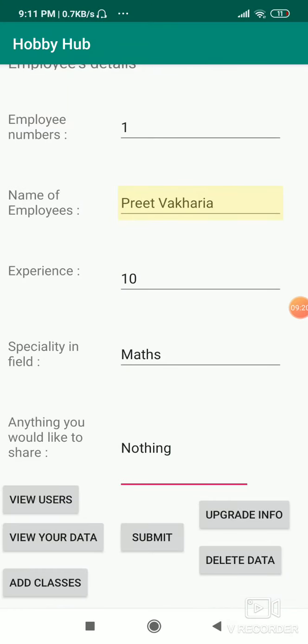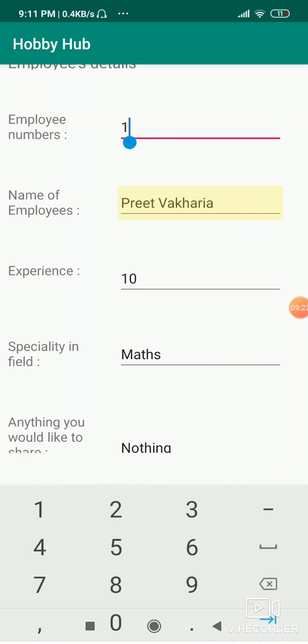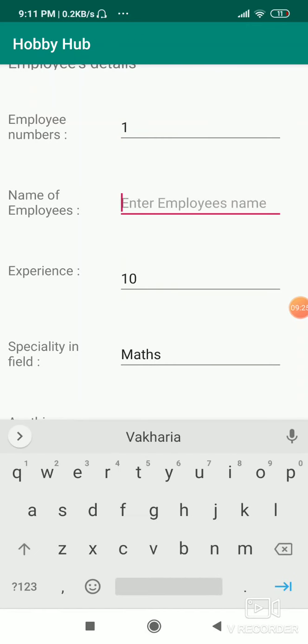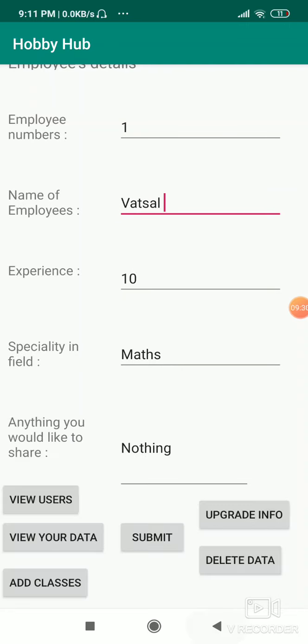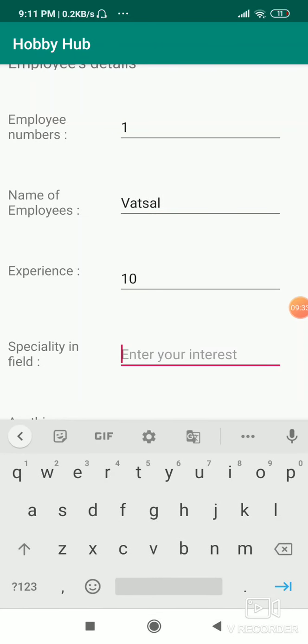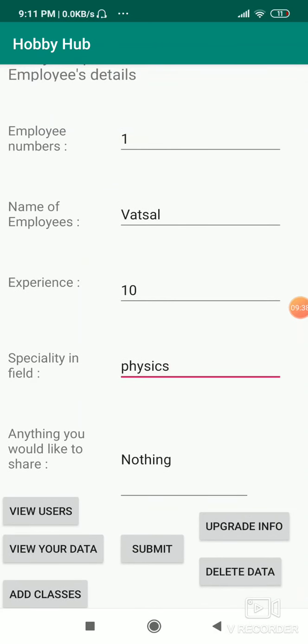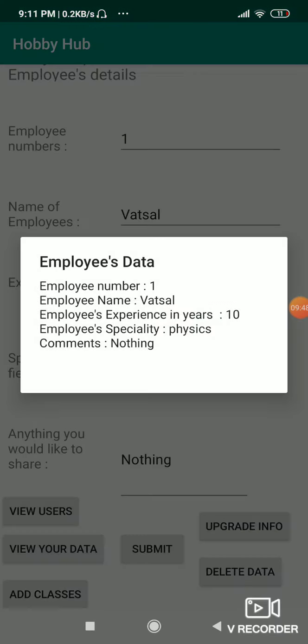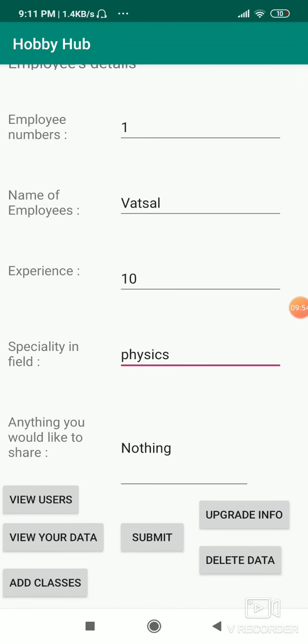Now if I want to update this data, so let me say, okay, and let it be, okay, and let me tap on this upgrade info. Okay, data successfully updated, so that means we have successfully updated our data. So view your data, and yes, it is updated. Now if I tap on this add classes button,